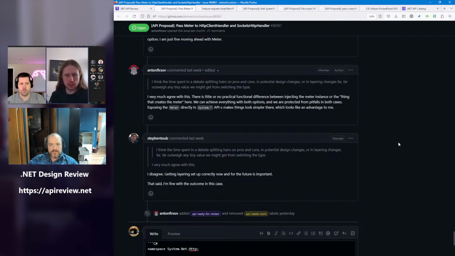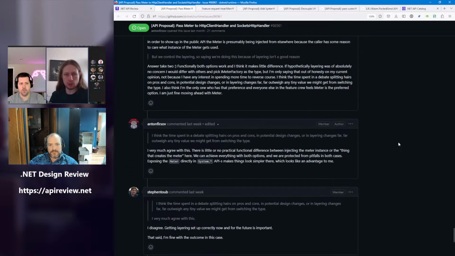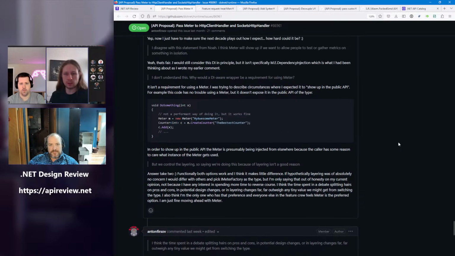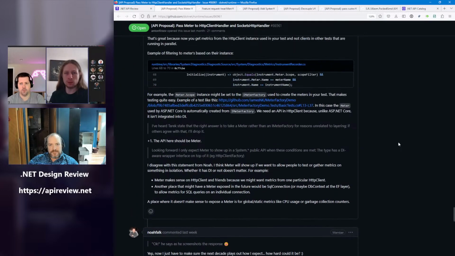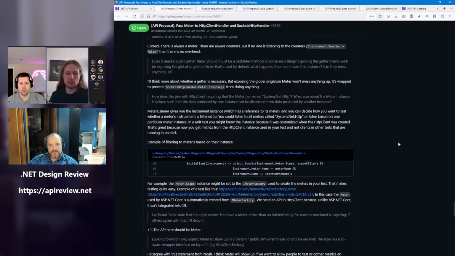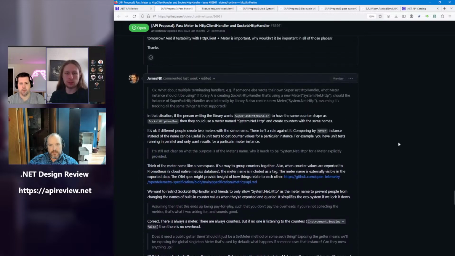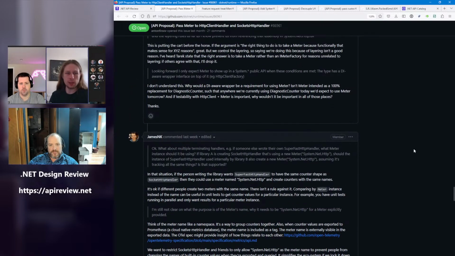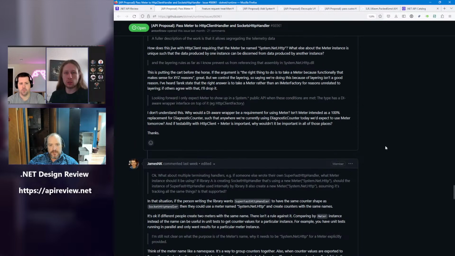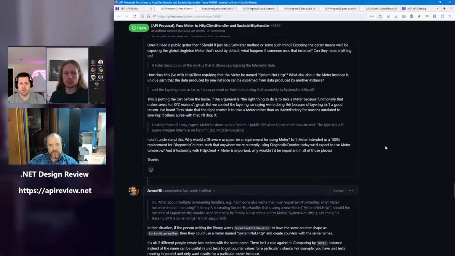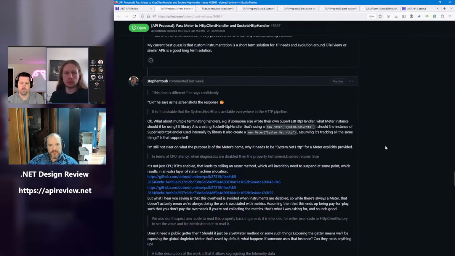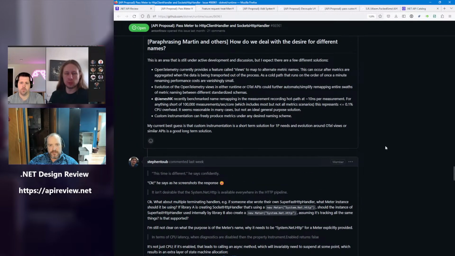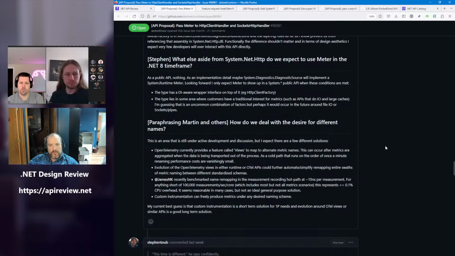For this, mostly testing. So you inject your own meter, so you can verify that certain metrics were emitted on that meter. That's the primary thing. And for DI-enabled applications, this would allow isolating the meter instances. So we don't have a global shared meter in that case, but one meter per container.